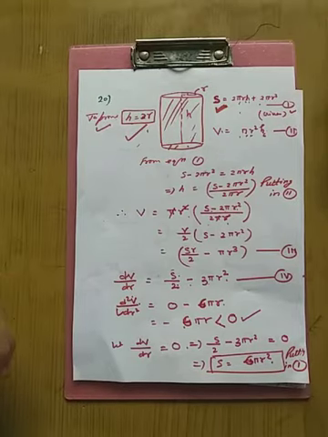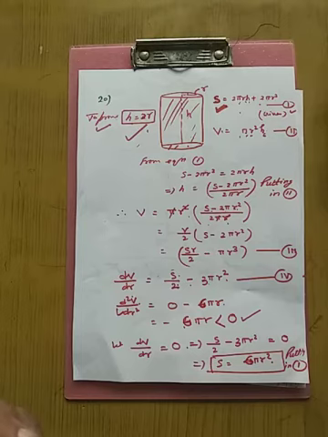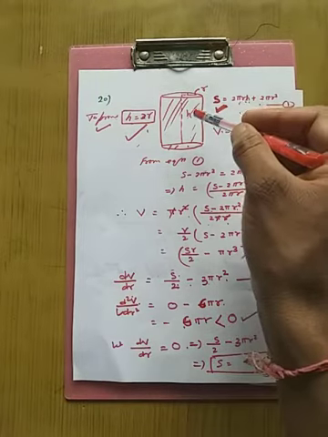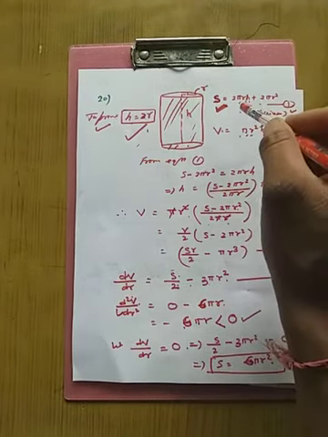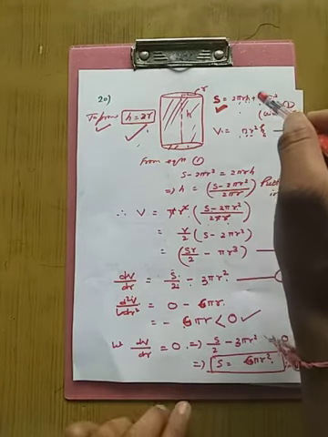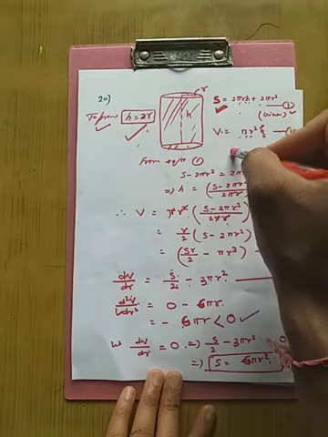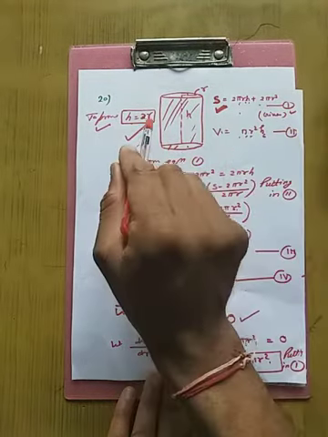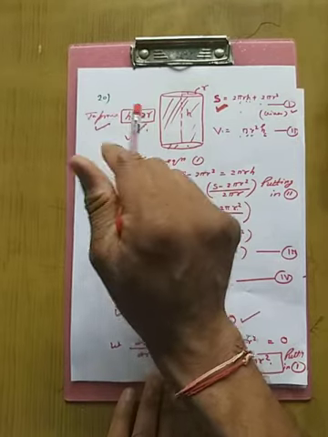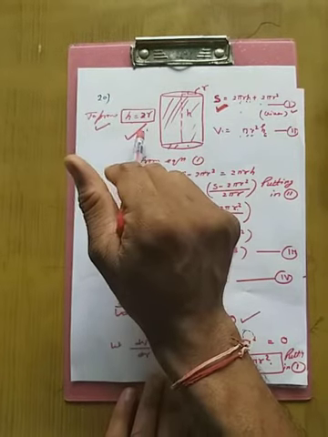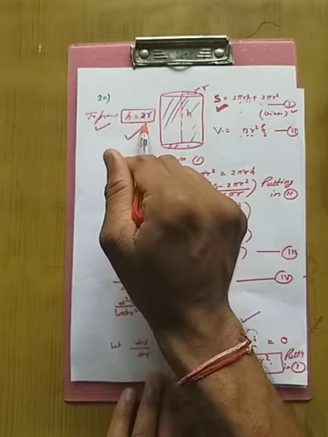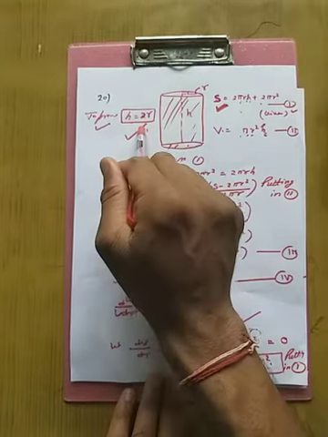Hello student, today we will discuss exercise 6.5 question number 20, which is very important. In this question, we are given the surface area of a cylinder and its volume is maximum. We have to prove that h equal to 2r, which means the height of the cylinder is double the radius of the base.